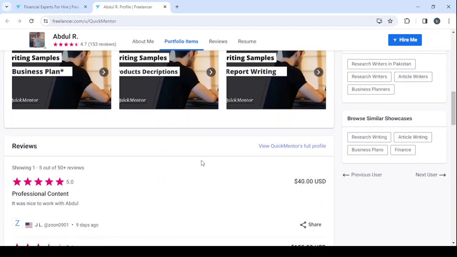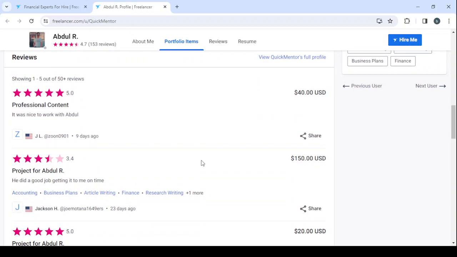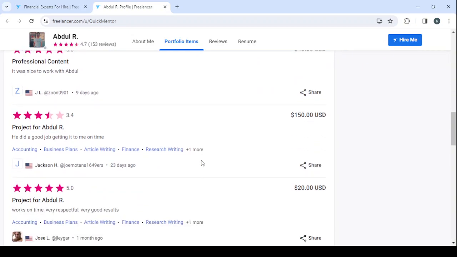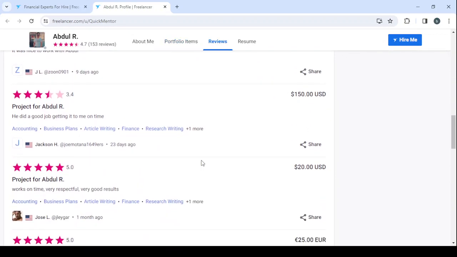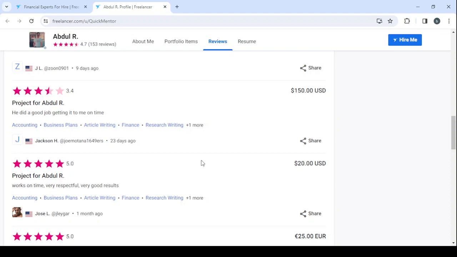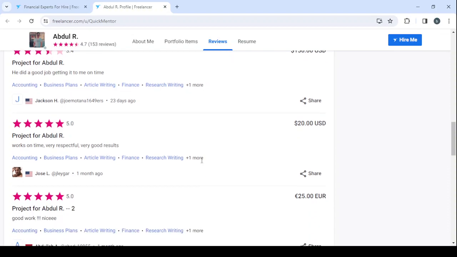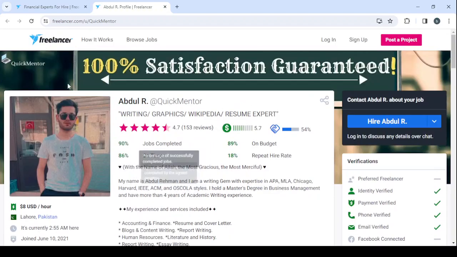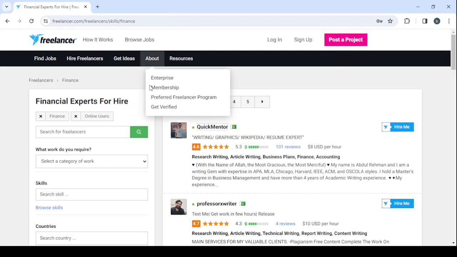And when it comes, guys, to the reviews, keep in mind that you cannot control them. The reviews are controlled by the clients. So the only thing you can do is to give a good job for the clients. So let's go back to the main page to show you how you can create your own profile like these people. So let's go here to the main page